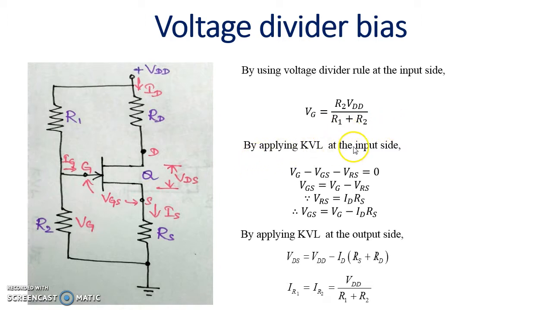By applying KVL at the input side, we have Vg minus VGS minus VRS is equal to 0. Therefore, VGS is equal to Vg minus VRS. Since we know that VRS is equal to ID into Rs, therefore VGS is equal to Vg minus ID into Rs. By applying KVL at the output side, we have